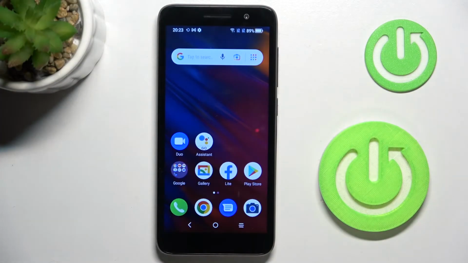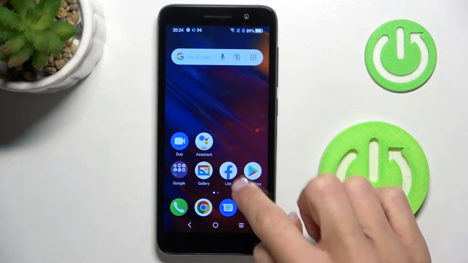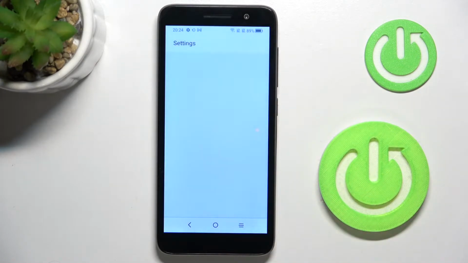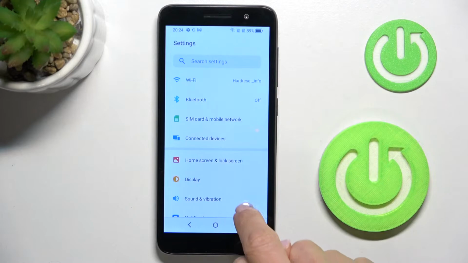In front of me is ALCATEL one from 2022, and let me show you how to change screen timeout on this device. So at first, let's open the list of all apps, go to settings, now find and pick display,